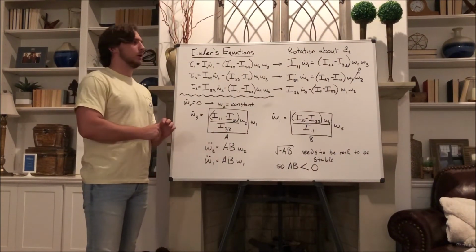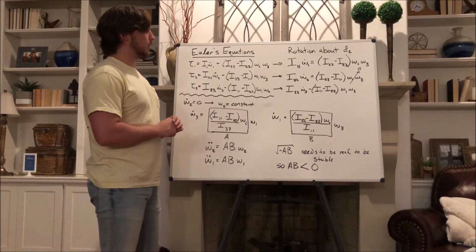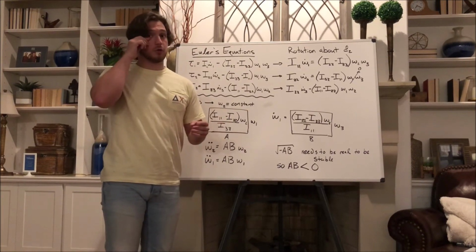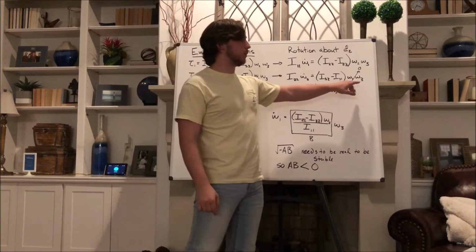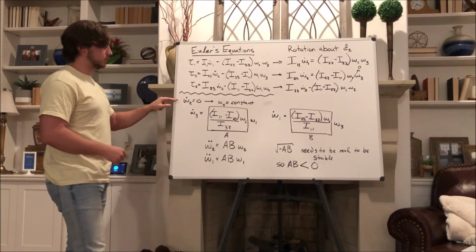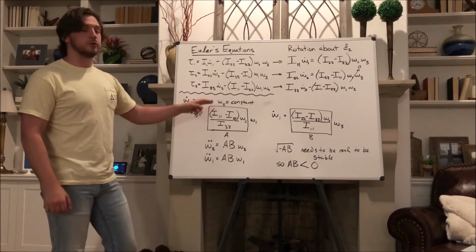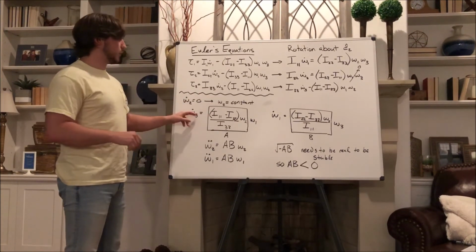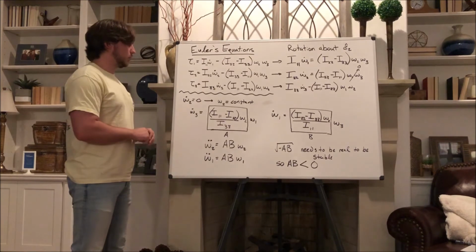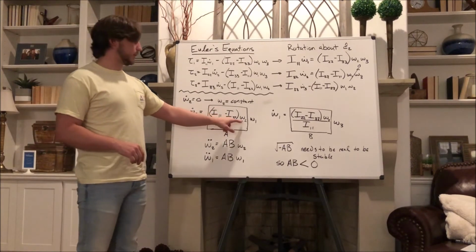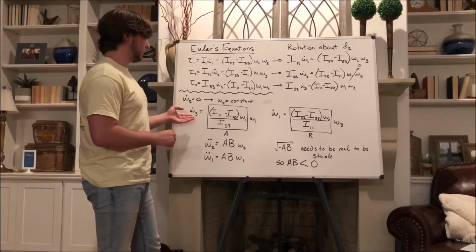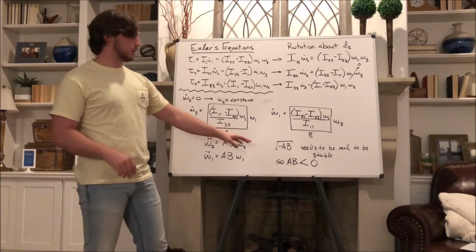Almost identical setup again. Just for thoroughness, we'll go through it again. So omega 2 is much larger than omega 1 and omega 3. Omega 3 and omega 1 being so close to 0 that this term is nearly 0, which means that omega 2 dot is 0, meaning that omega 2 is nearly constant. Then rearranging the other two Euler equations and taking the second derivative, again, we come to this cluster of constants here. Remember that omega 2 is approximately constant. And so we get these two equations here,